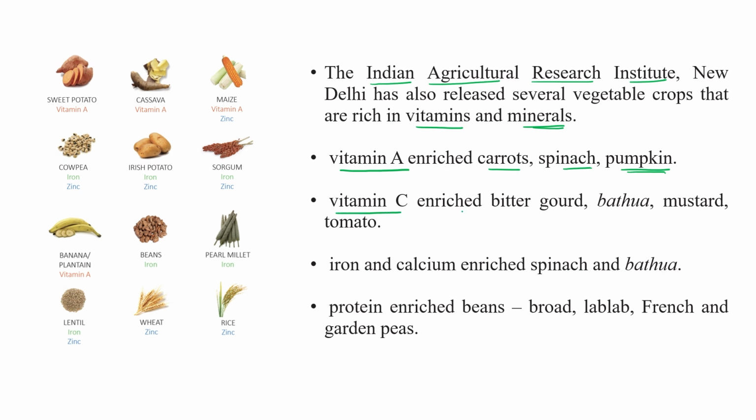Vitamin C enriched bitter gourd, bathua, mustard, and tomato are also developed by IARI. Iron and calcium enriched spinach and bathua are also developed by this institute. And protein enriched beans, broad beans, French beans, garden peas are also developed by various institutes of India as well as